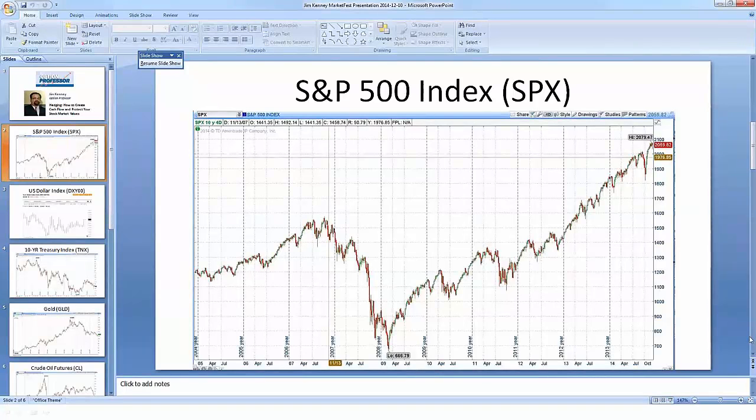U.S. dollar. Okay, the U.S. dollar is a big story because it has been going up. And what do we mean by up? Well, it's up near 89 now, and you can see it used to be at 72 not all that long ago. So that's a 17-point move on something that was trading at 72. It's a 24% move almost in the U.S. dollar